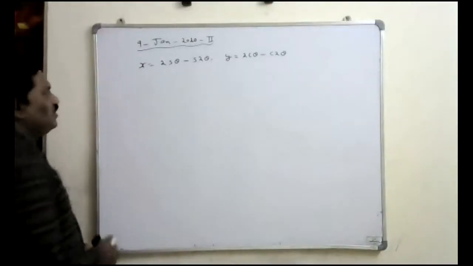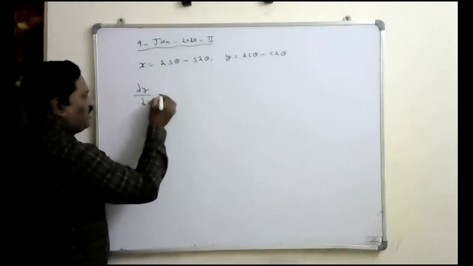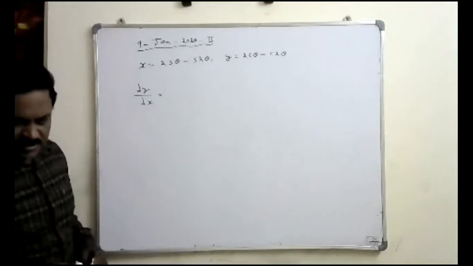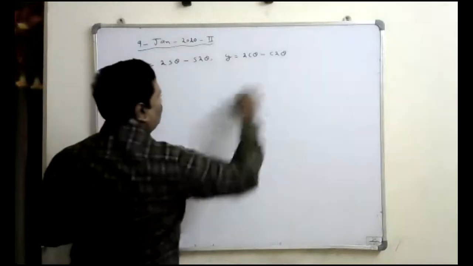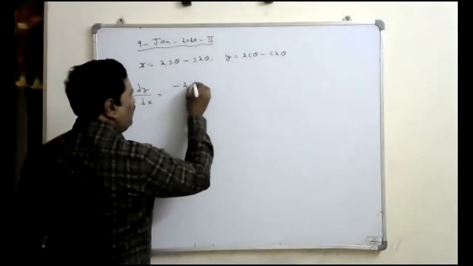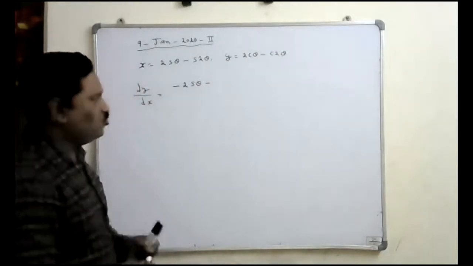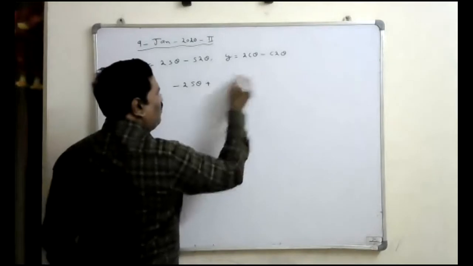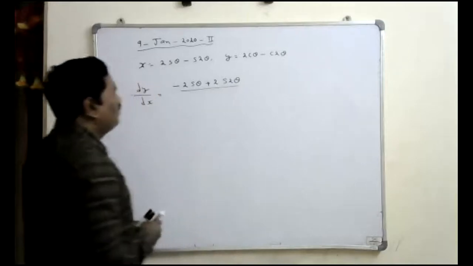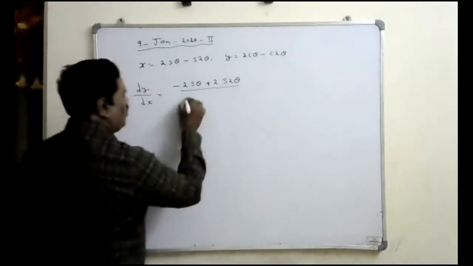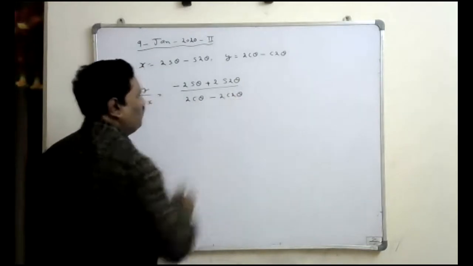Just observe here. So first we'll find the first derivative of that, which is dy by dx. So this is, we can write dy by d theta upon dx by d theta. So differentiate the y with respect to the theta first. If you differentiate this, 2 into cos theta derivative is minus sine theta minus the derivative of the cos 2 theta is minus sine 2 theta, means it becomes plus. Again the derivative of the 2 theta is 2, means it is 2 sine 2 theta upon the derivative of 2 sine theta is 2 cos theta minus it is 2 cos 2 theta. It is the derivative of this.